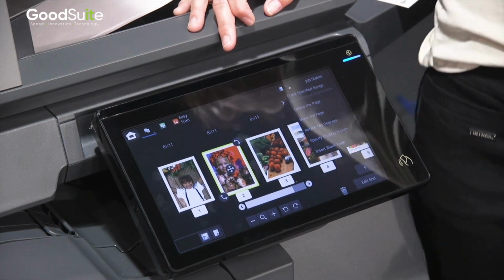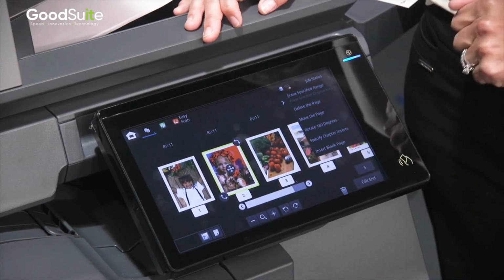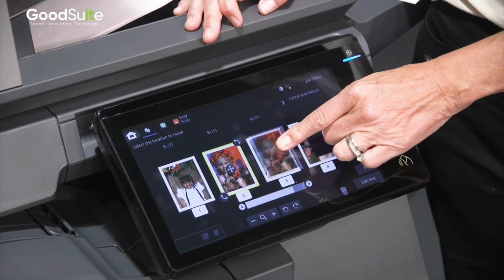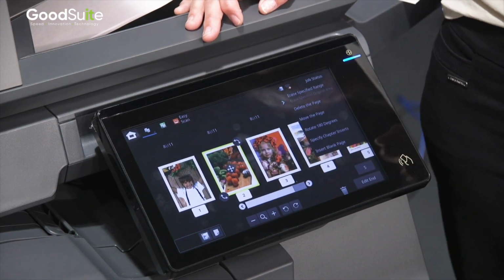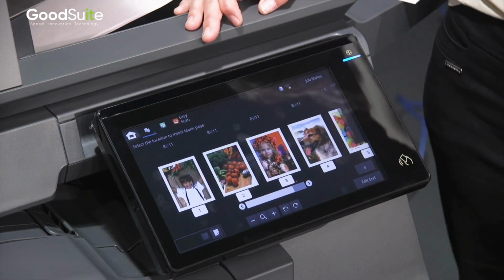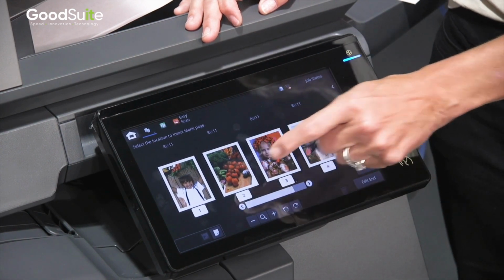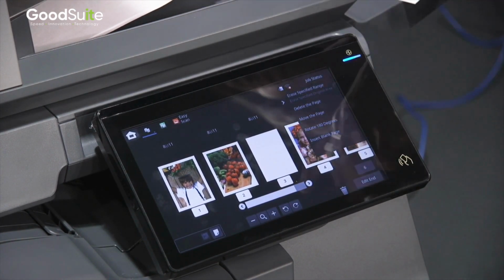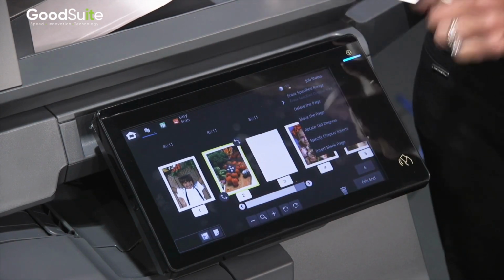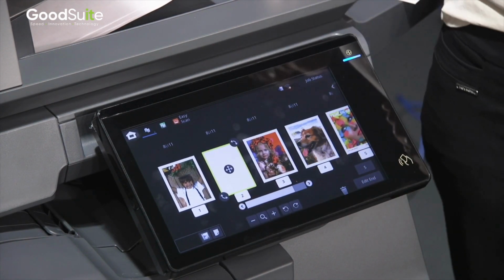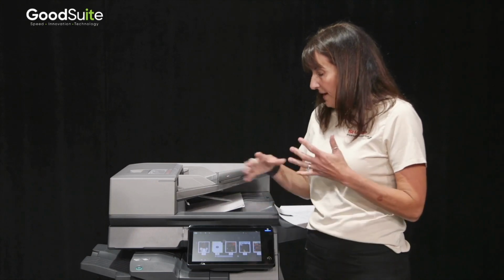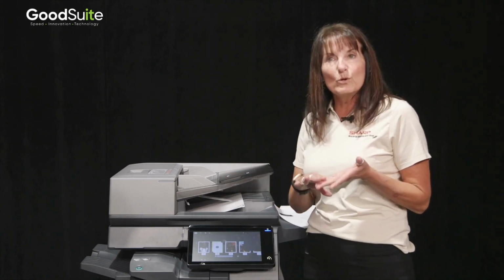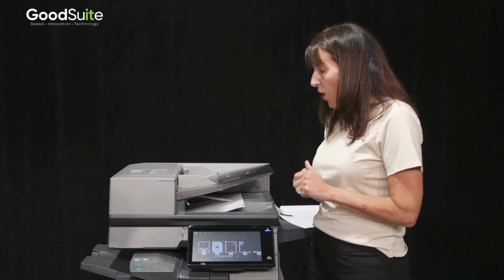I can also move the pages. I can touch the page and touch move, or I can hold down and rearrange the order. I can also insert a blank by just touching the little squares in the middle and insert a blank. So you can delete a page. I can just touch a page. Hey, I don't want that page, and delete it. So it allows you to delete, move, insert, rotate,